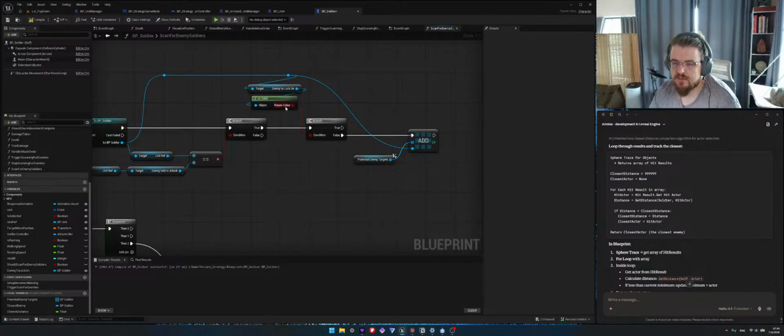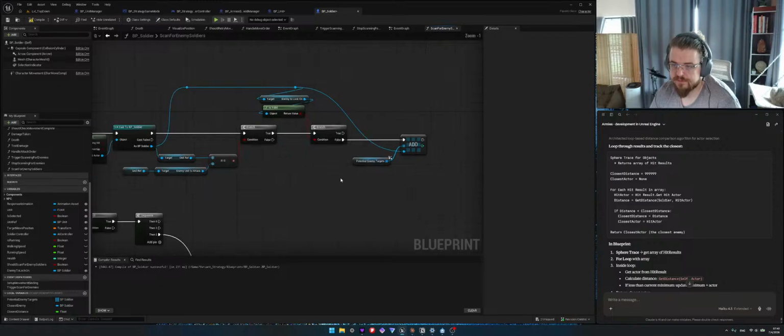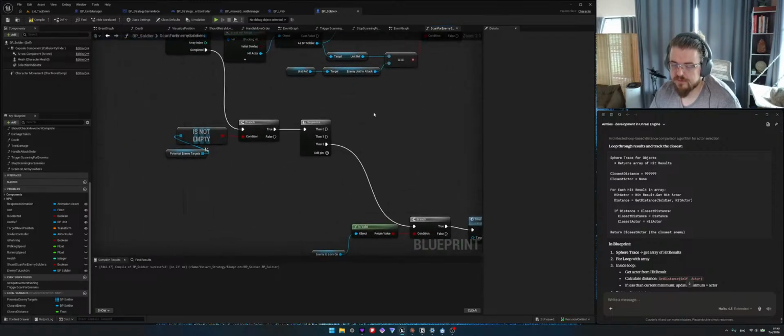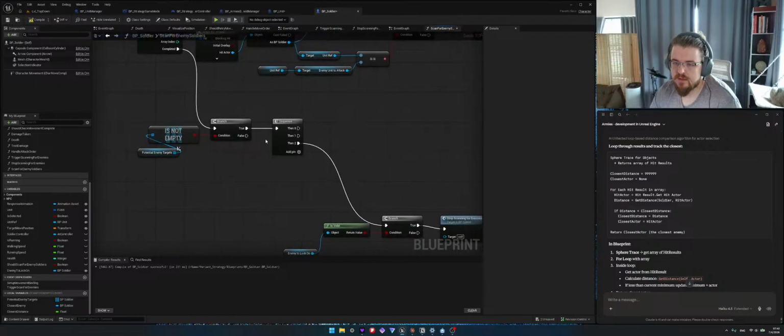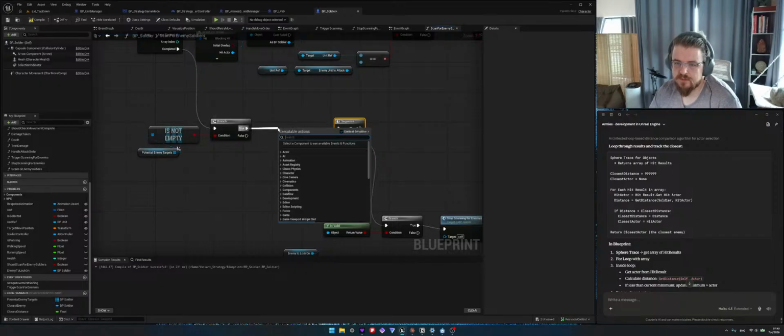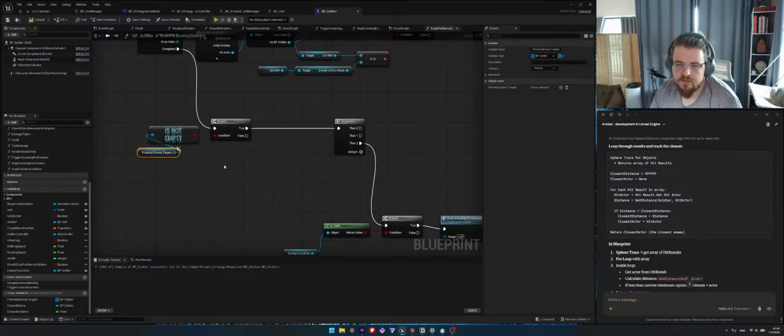So this checks if the enemy soldier is free, looking for free enemy soldiers in our vicinity. If it's empty, we do nothing. If this only has one length,